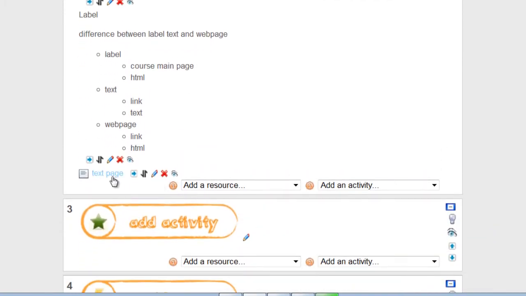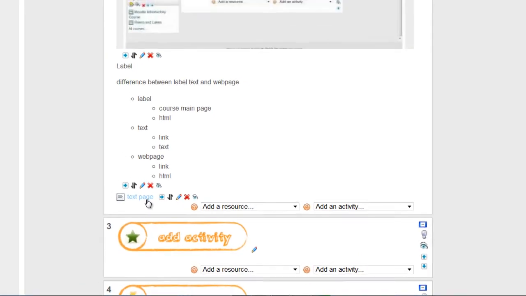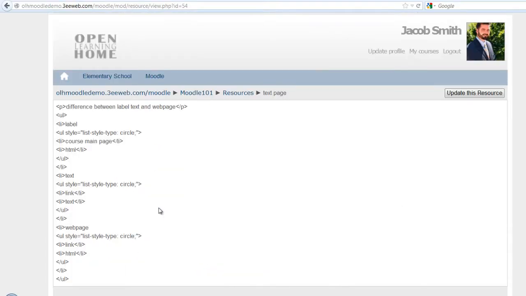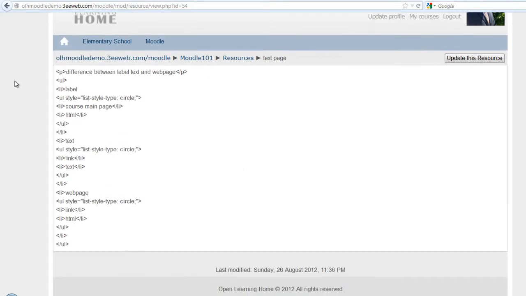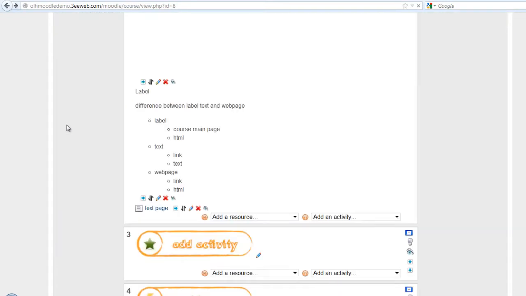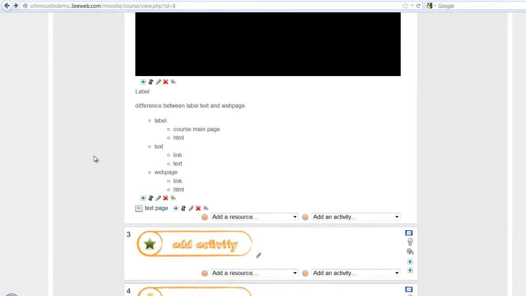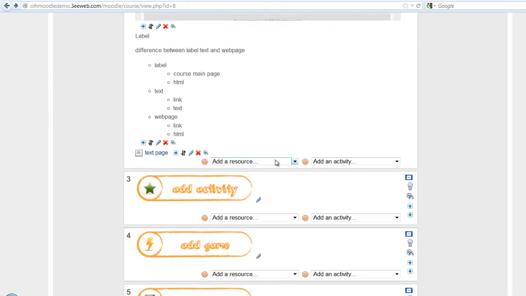So here's the text page. When I click on it, it brings me to a different page with the text, and as you can see, it's straight text and not HTML. I'll click back and I'll add another resource,